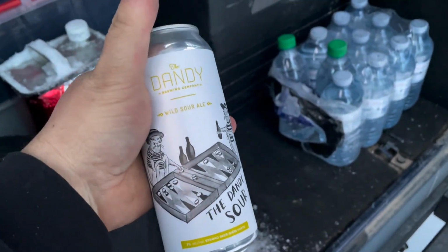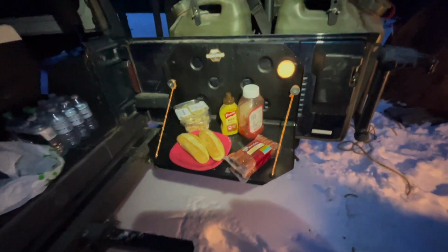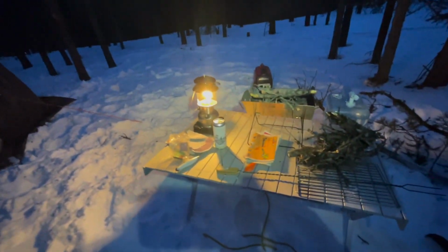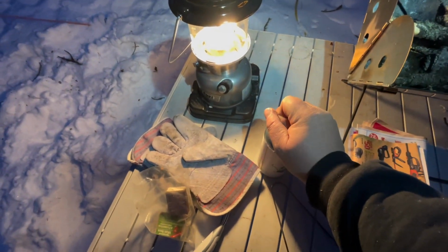Just pull out a beer to start off the dandy sour. Yes, sir. That's what we're having. There's gonna be a couple beef sausages tonight. I need to crack open this beer. I know I keep meaning to, but